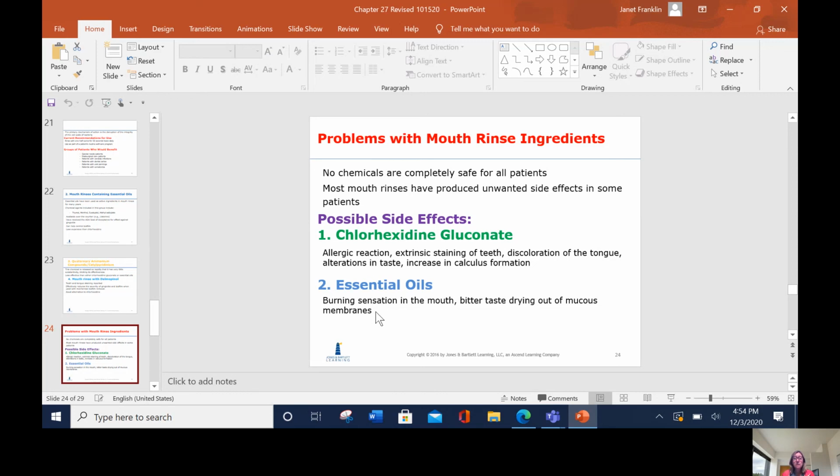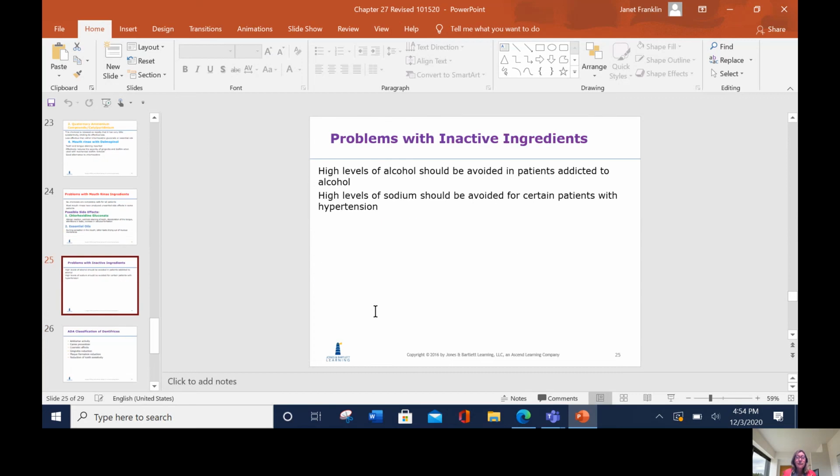Essential oils can dry out your mucous membranes because they do usually contain alcohol. Inactive ingredients have high levels of alcohol and should be avoided, particularly in patients that have an alcohol addiction or have had an alcohol addiction. They also have high levels of sodium. It says they should be avoided with certain hypertension patients. I'm not really familiar with keeping hypertensive patients off of mouth rinses, but